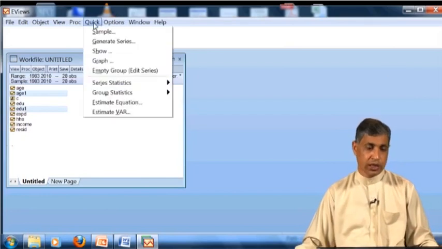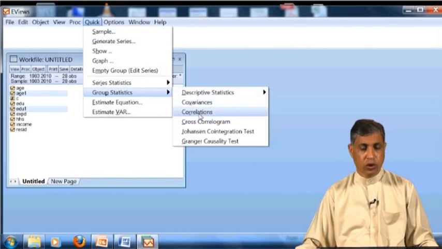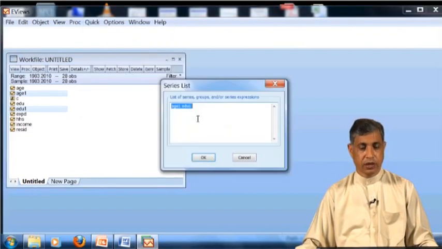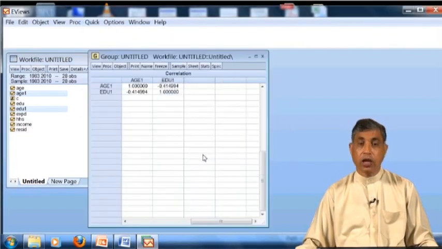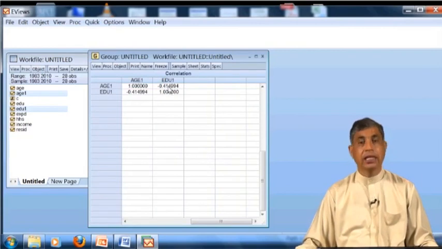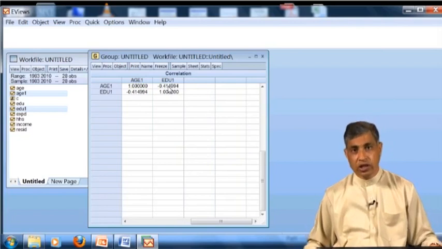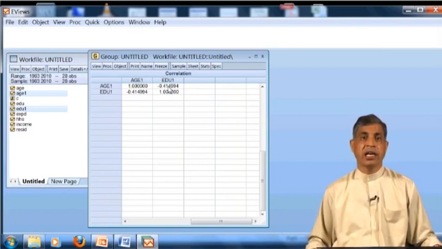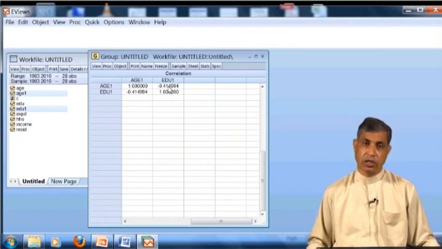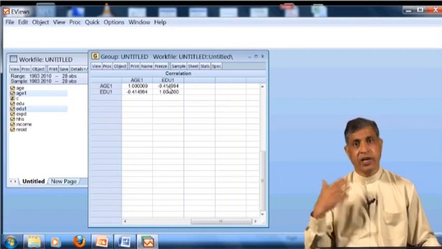So go to the quick menu, group statistics, and go to correlations, and look at this. The correlation coefficient is again the same. So now I have proved that the correlation coefficient is independent of scale and origin. You can change it in any way.